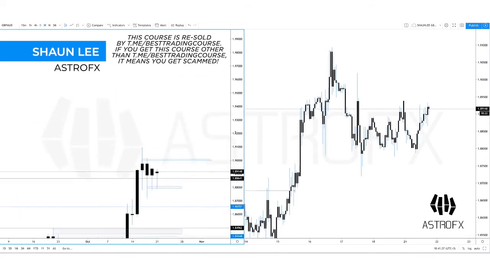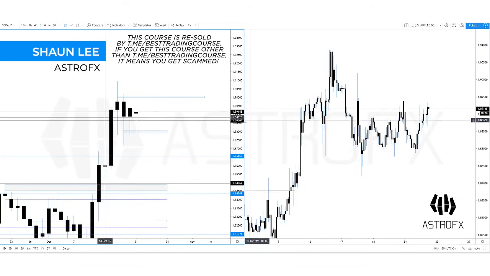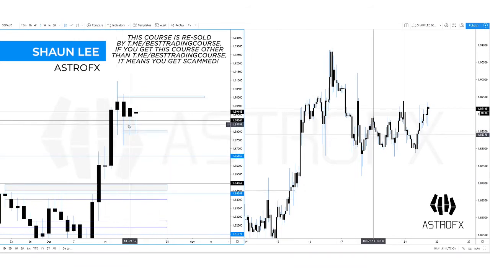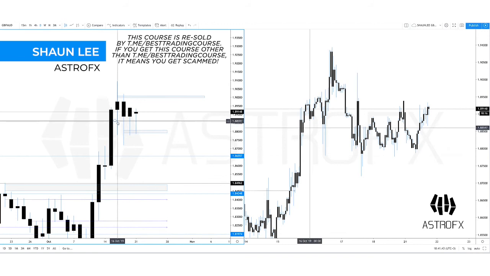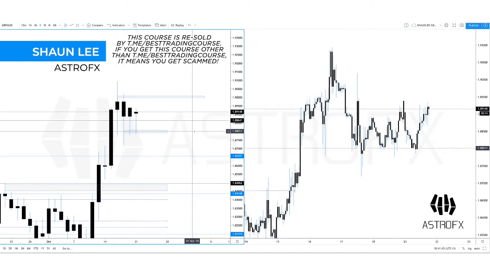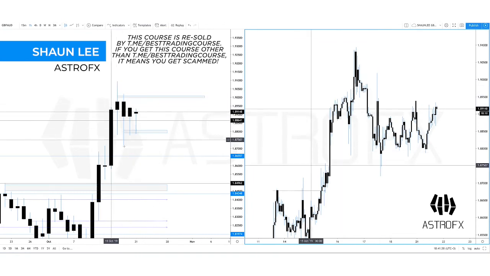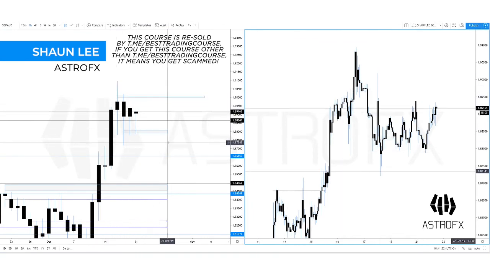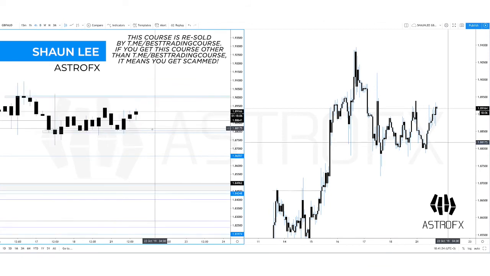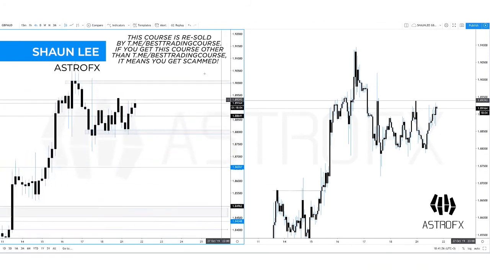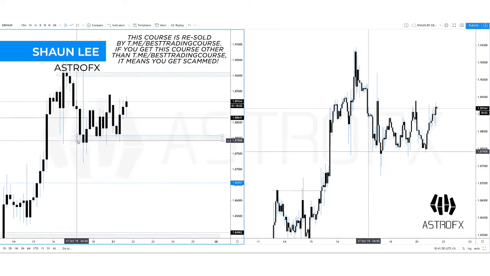Going into the day, we can clearly see that 1.8850, 1, 2, 3, 4, we have 4 rejections on the day at 1.8850. Now, translating that information here, because it's very clear as to what we could see, we have that there on the day, and if you go into the 4 hourly, there's a 4 hour area, which I need to just